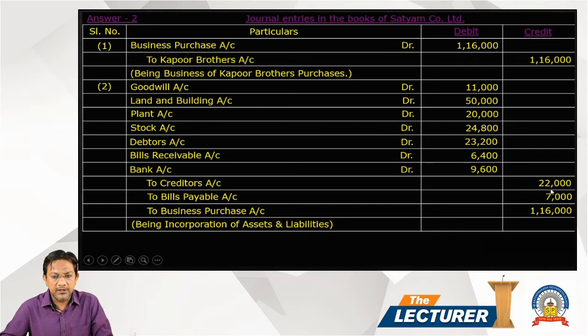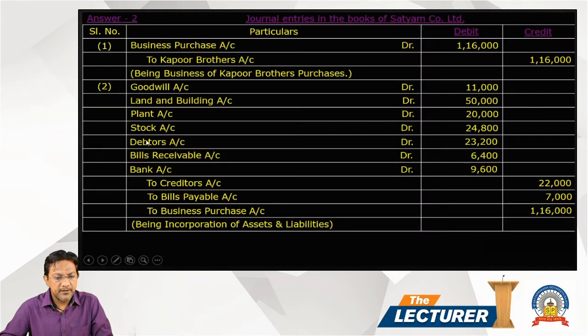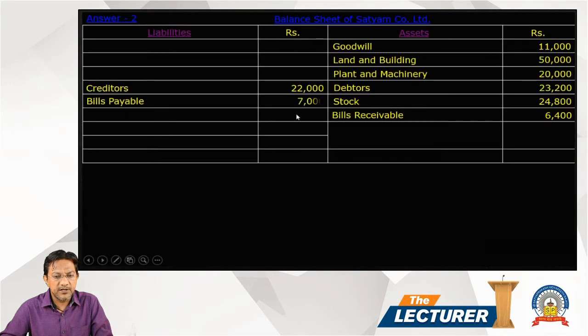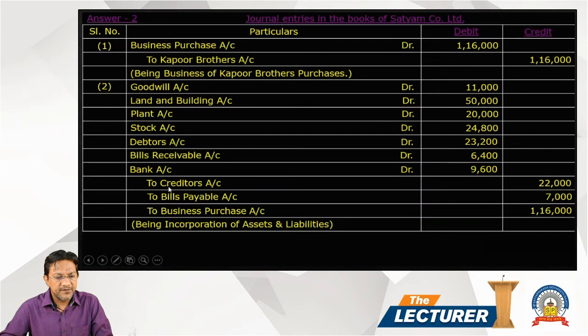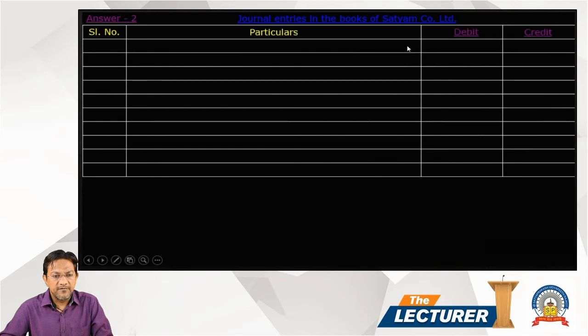Now the liability side, creditor 22,000. So creditor 22,000. Then bills payable 7,000. So bills payable 7,000. So liabilities will be complete. Now the next entry, discharge of purchase consideration. When we discharge the purchase consideration, the entry will be Kapoor Brothers account debit